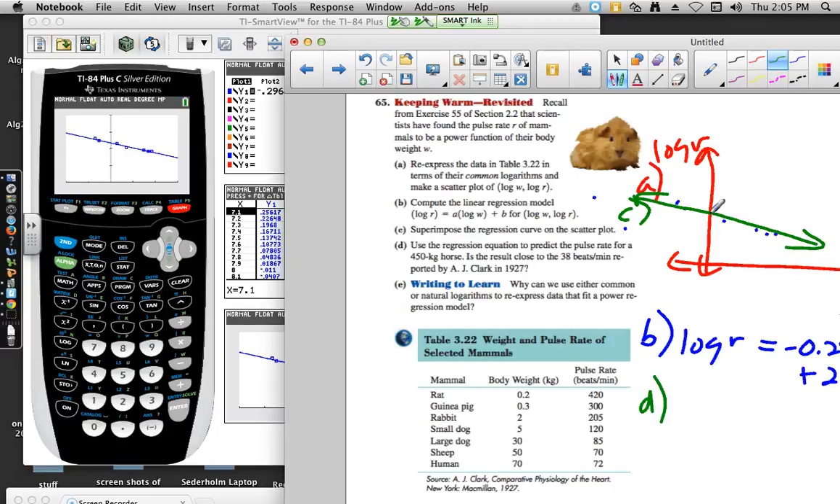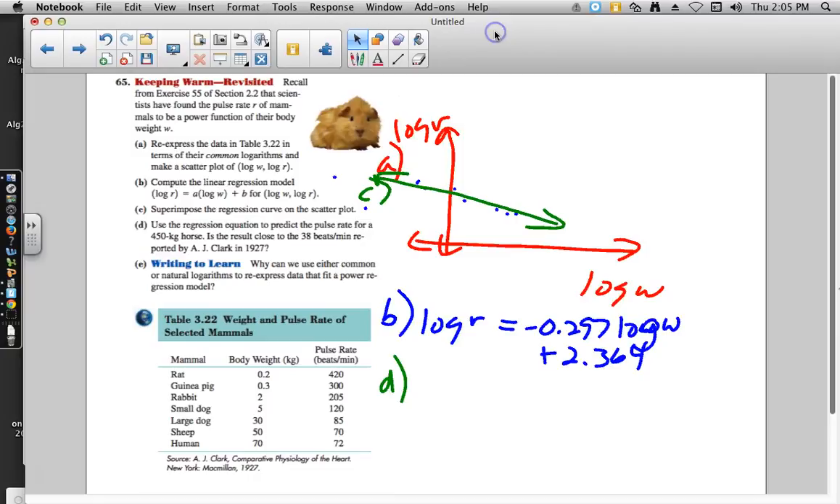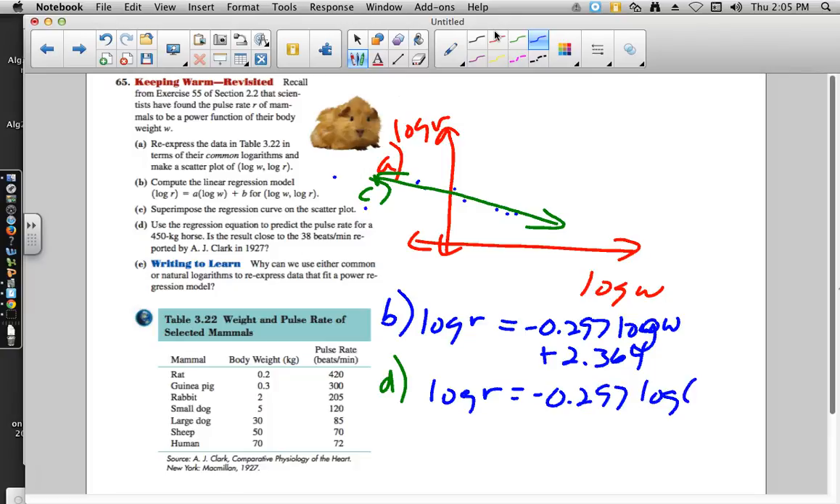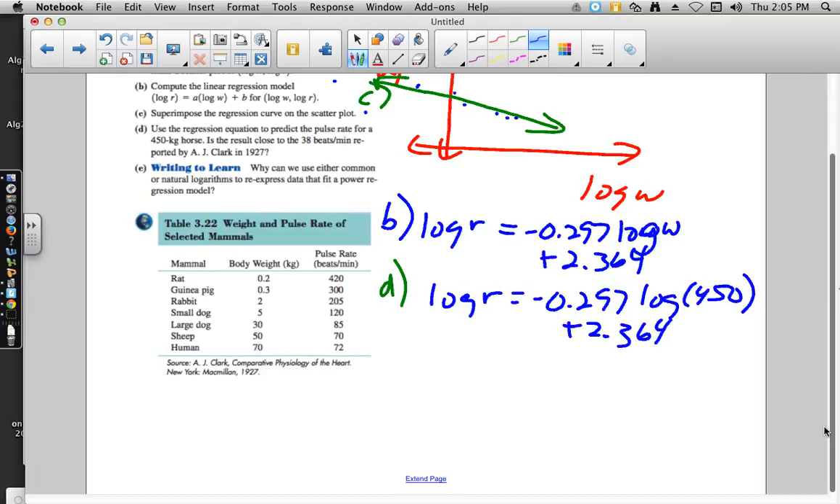D says use the regression equation to predict the pulse for a 450 kilogram horse. Well, I look at the chart and I see, yeah, this was all in kilograms. So if I put this information in, log of r equals negative 0.297 times log of 450 kilograms for the horse, plus 2.364, I should be able to figure out what r is. So I go ahead and do that. Well, if we find, and this you could punch into your calculator because this is common logarithm, when we go ahead and punch all of that in, we get the logarithm of r equals